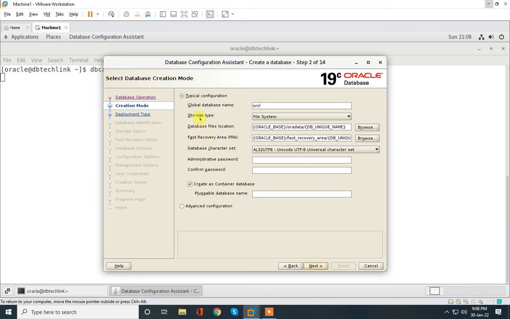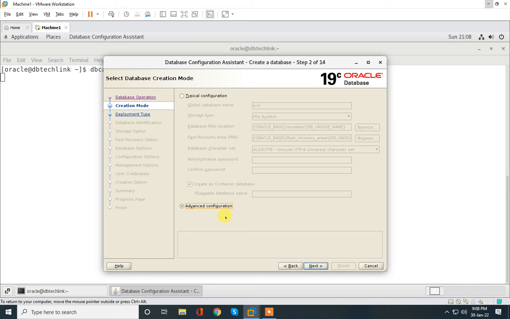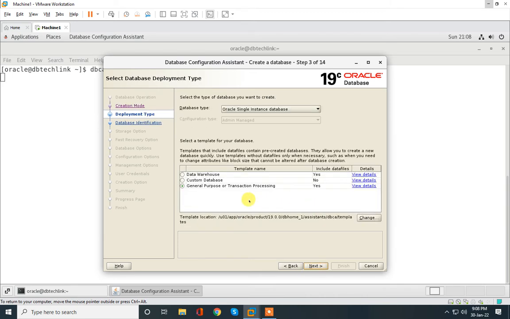So we can skip typical configuration. We will see advanced configuration, what options Oracle gives to understand database creation. So let's select advanced configuration, click on next.